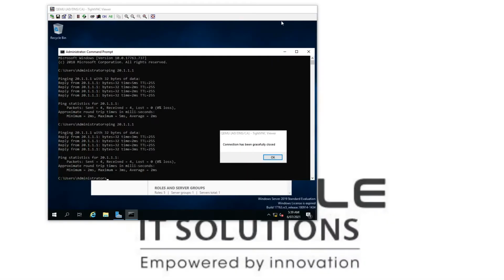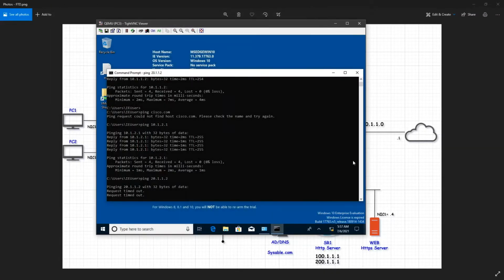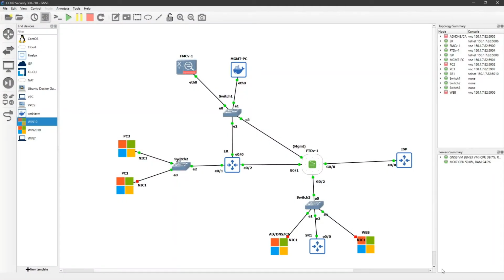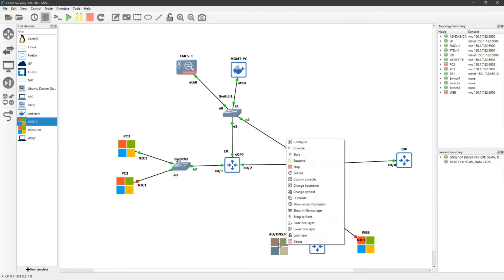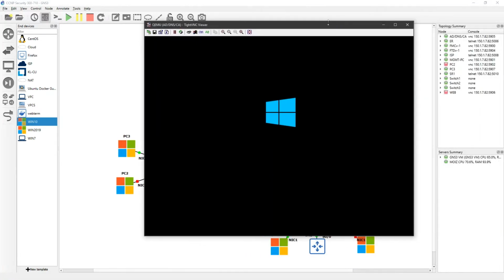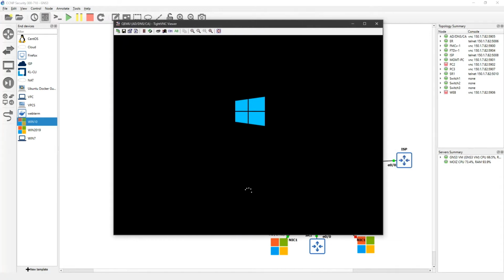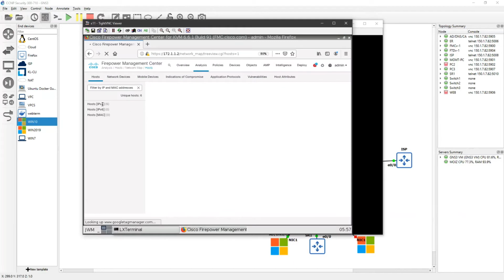Right, so you see that my web server is down, so I will go ahead and turn on my web server. Yep, I have not been using it, so that's the reason it has shut down. Right, so let's wait until it comes up. Until then we will explore the FMC, and you can see that it has already detected 6 of the